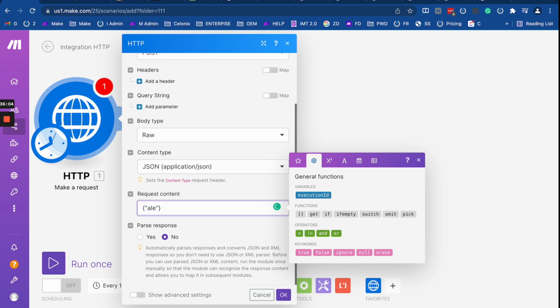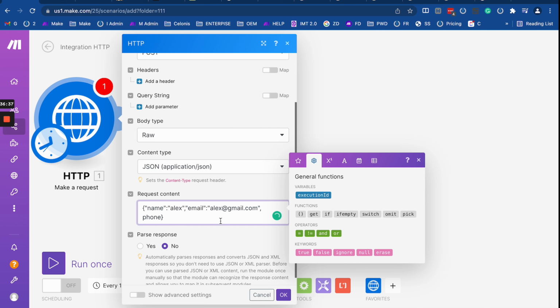And you can say, okay, I want to send the parameter name, and the name will be Alex. The email of my Alex will be alex@gmail.com. So all fine, all good, right? And to illustrate one more thing, we'll add, let's say, a phone. So let's assume my Alex has a phone parameter,